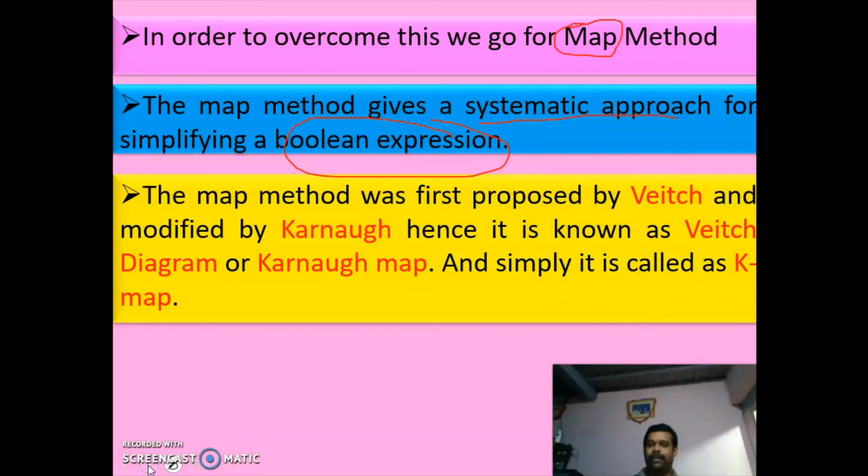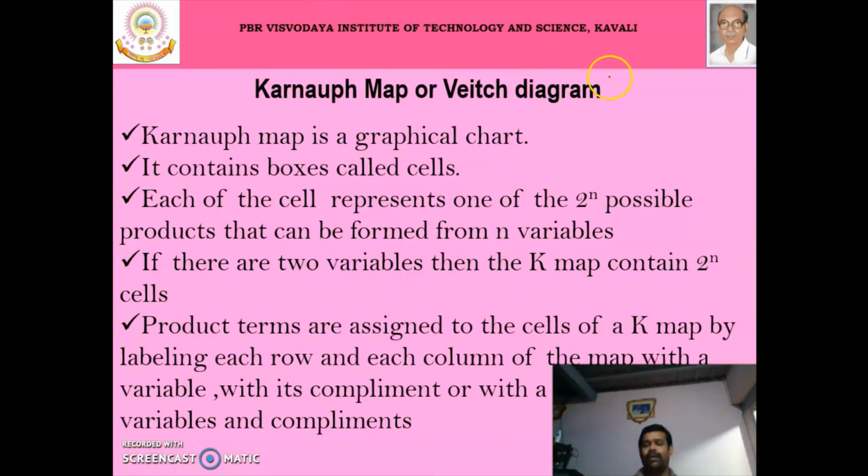The type of map method we are using is called Karnaugh map or Veitch diagram, and in short we will be calling this map a K-map. Now we are going to study in detail what a Karnaugh map or Veitch diagram is.